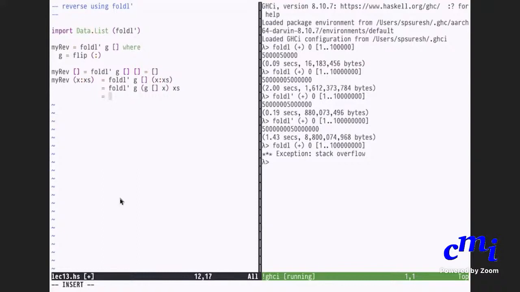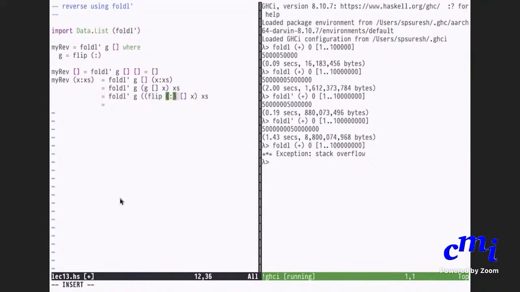This much is clear, right? You will use the same function G, you will modify the accumulator. But what is G empty list x? It is foldl' of flip colon, empty list x, xs. But what is flip of anything? Flip f of x y is nothing but f of y x, I told you, right? Just to make it clear, I'll put parentheses here. So G itself is nothing but flip colon.